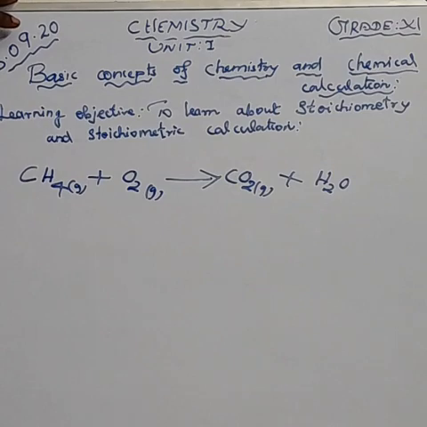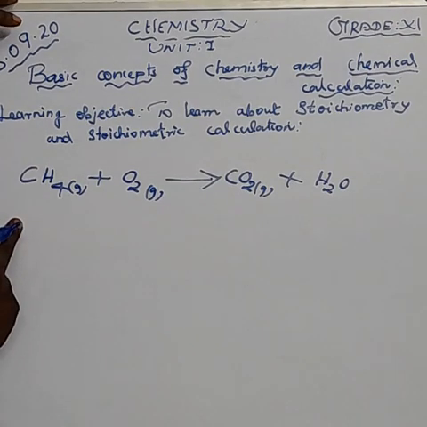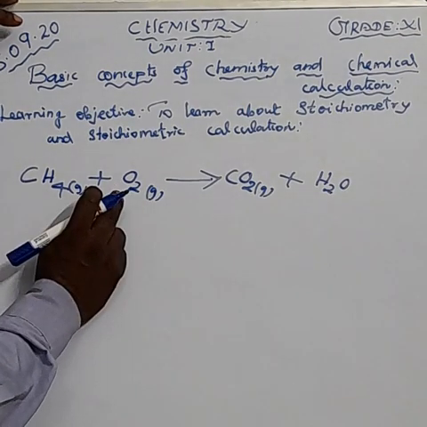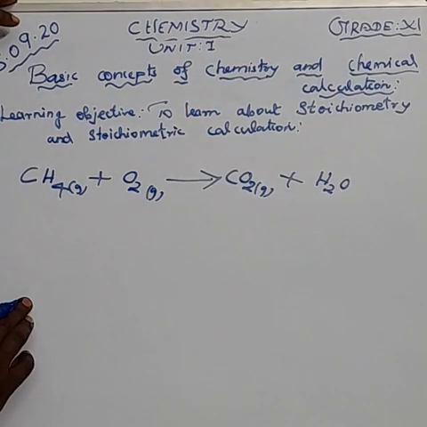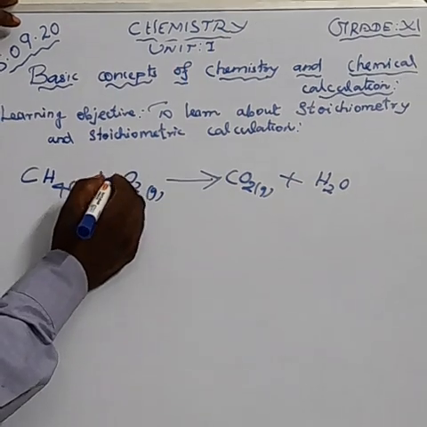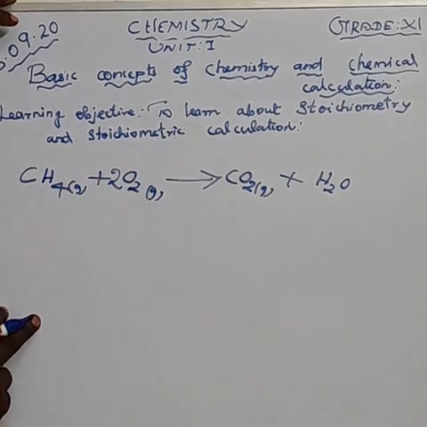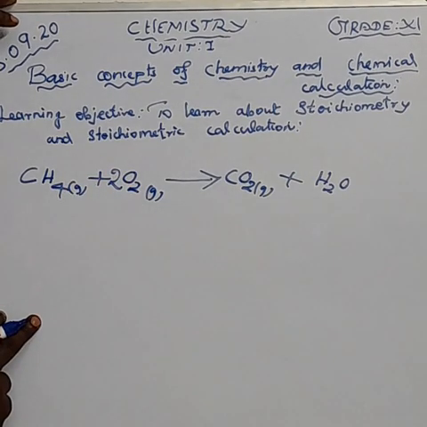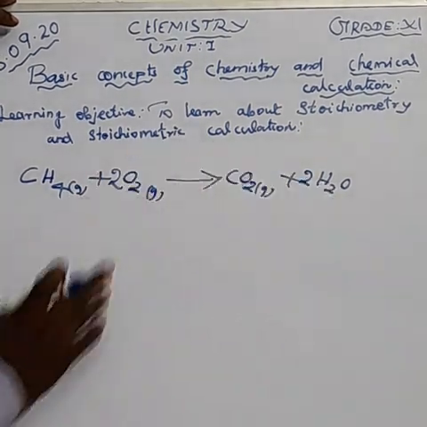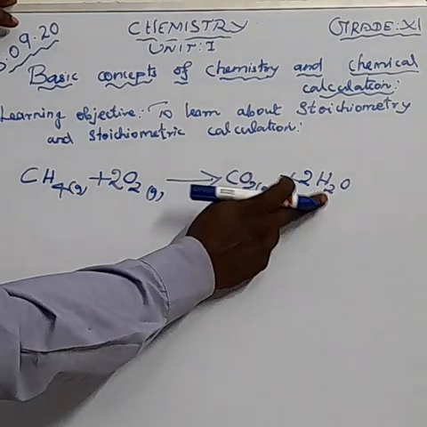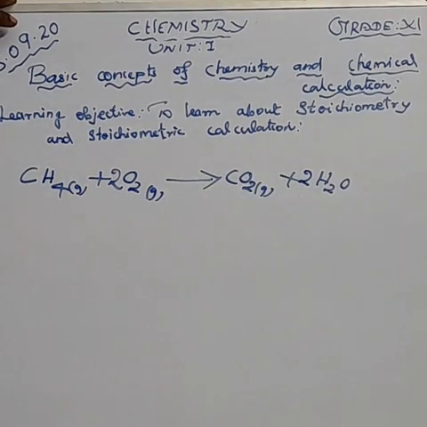Now, whenever we balance the equation, here we have 2 oxygen, and here 2 plus 1, that is 3. So how can you balance the equation? First of all, you should make 2 here. Then 2 twos are 4, and also make 2 here. Now 2 plus 2 is 4, the equation is balanced.